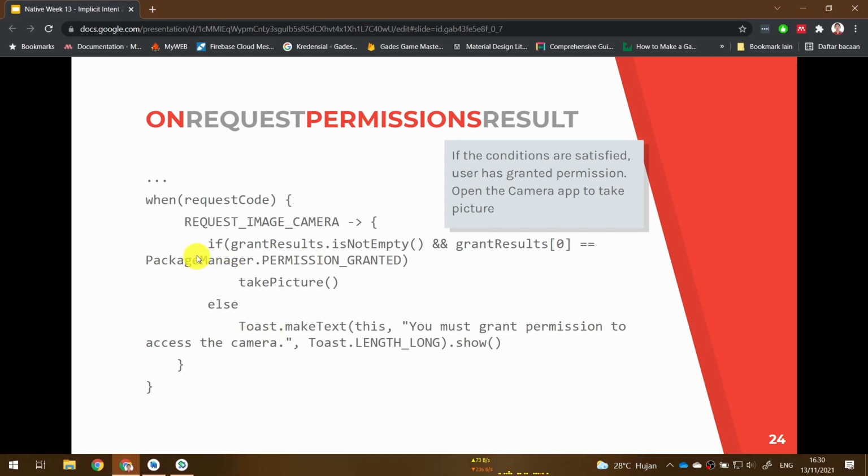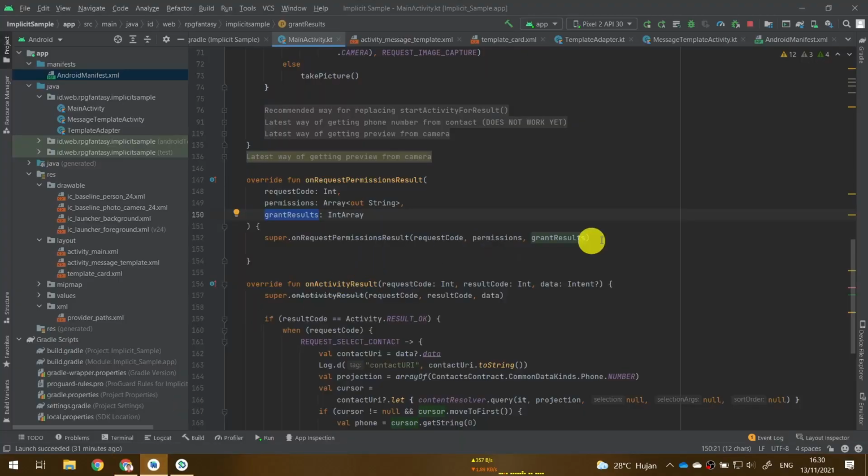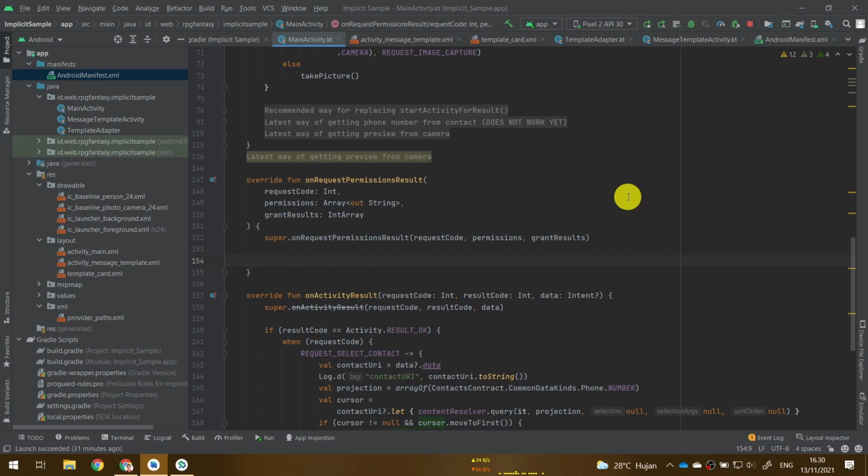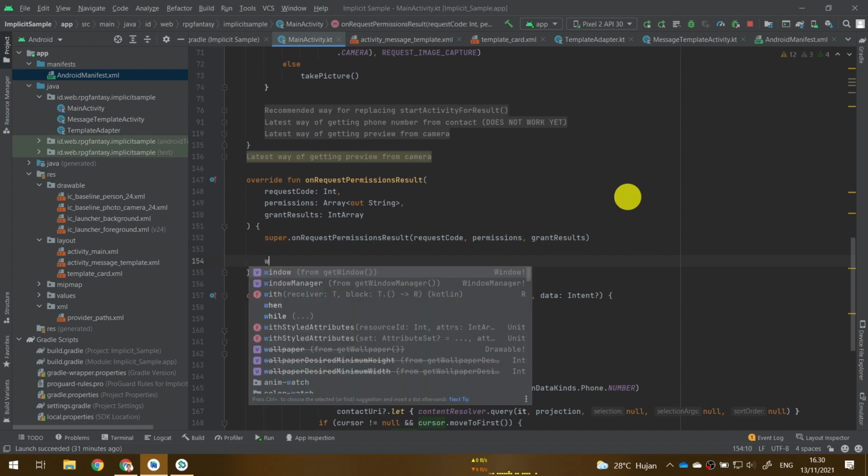But if these conditions are not satisfied, then we will notify the user: you must grant permission to access the camera. Okay, so here you can use if or when. It's your preference.